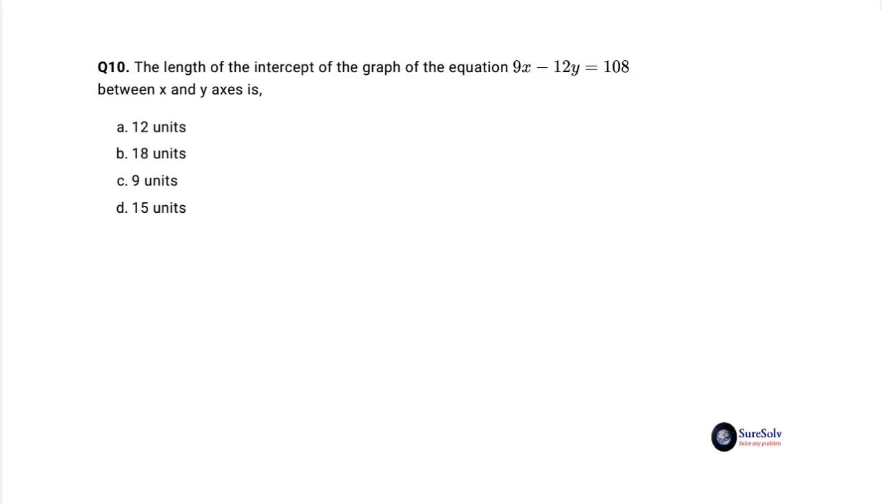Question 10 is, the length of the intercept of the graph of the equation 9x minus 12y equal to 108 between x and y axis is option A 12 units, option B 18 units, option C 9 units, and option D 15 units. When you draw the straight line 9x minus 12y equal to 108 on xy coordinate axis, it